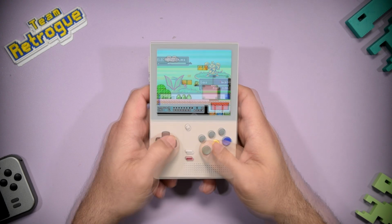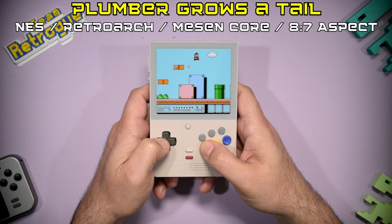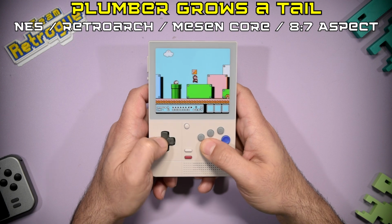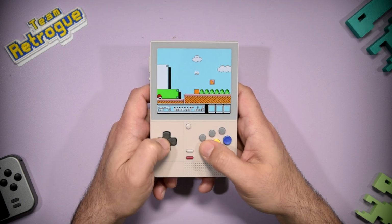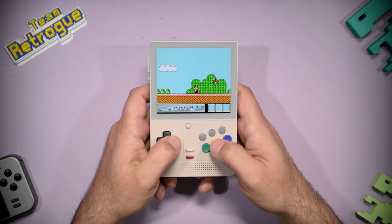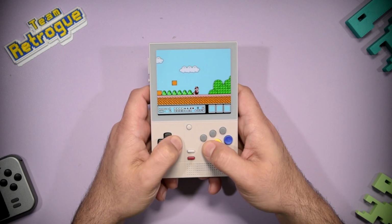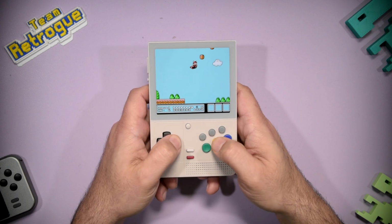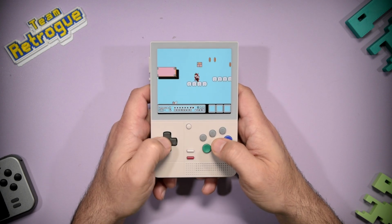Even going back to older systems like the NES and Game Boy Advance, the button placement of the bottom 3 buttons meant that I didn't have to reconfigure A and B to B and Y like I do on the 4-button systems. The feel and placement of the buttons just felt natural for those systems, like an original Game Boy Advance or an NES controller. If I had to choose only one model Retroid Pocket Classic, I would definitely choose the 6-button model over the